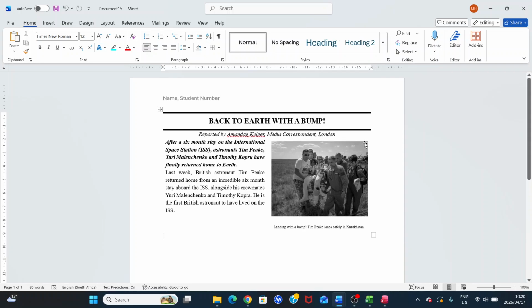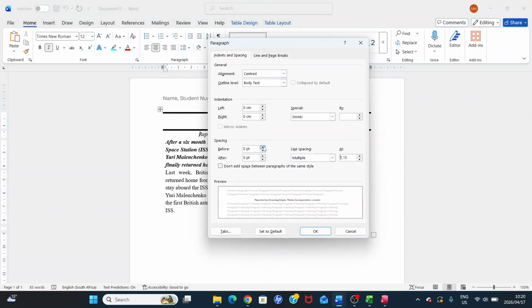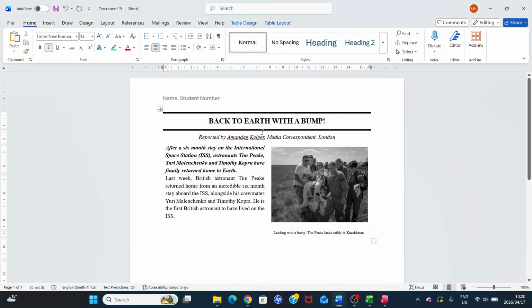Our newspaper. I see it looks like a little bit more space here as well. So let's insert 6 points before and after as well here. Before and after, just to give us a little bit of space here with our subtitle. And that looks great. Right. Hope you can do this easily.